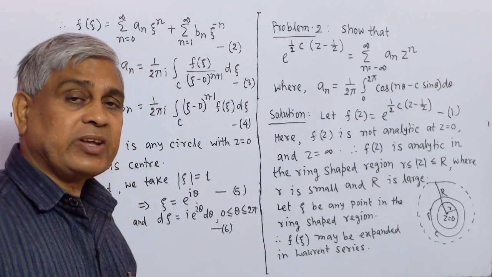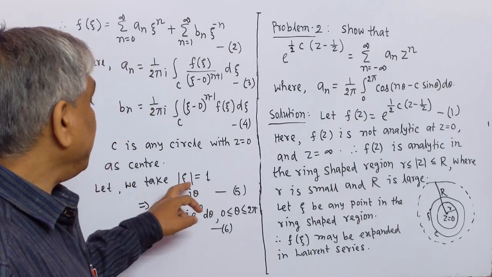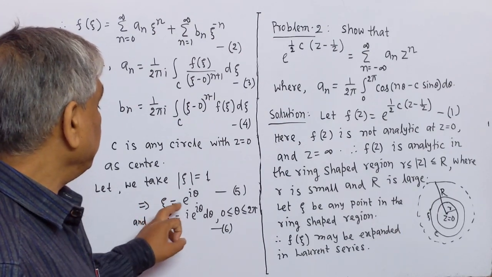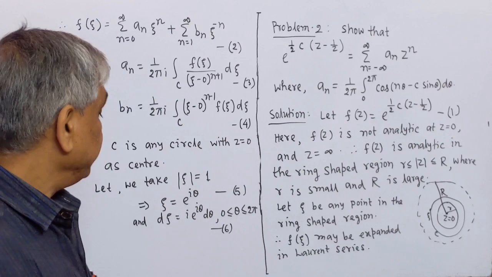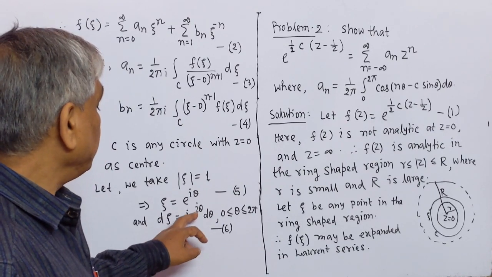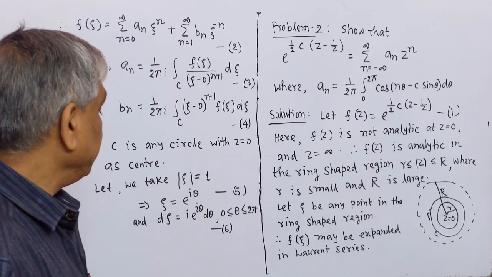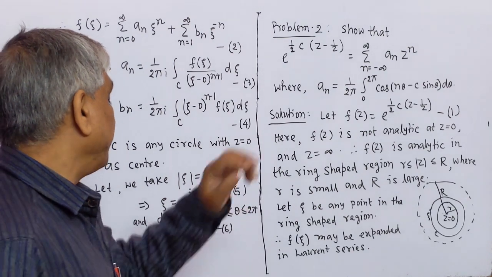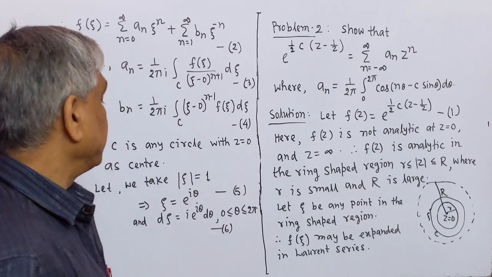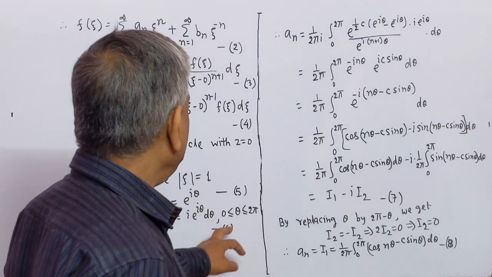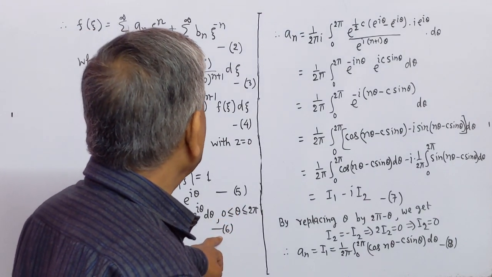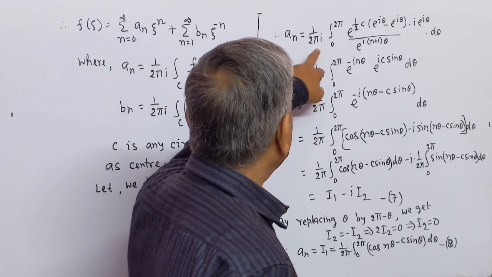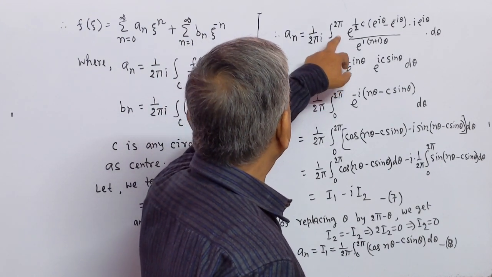Now let us take modulus of ξ equal to 1. That means ξ = e^(iθ), dξ = i e^(iθ) dθ, where θ lies between 0 and 2π. This is number 6. Using the values of 5 and 6 in 3, we get aₙ = 1/(2πi) ∫ with limit 0 to 2π